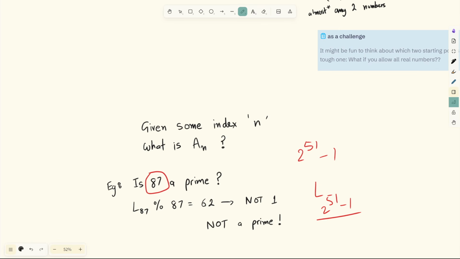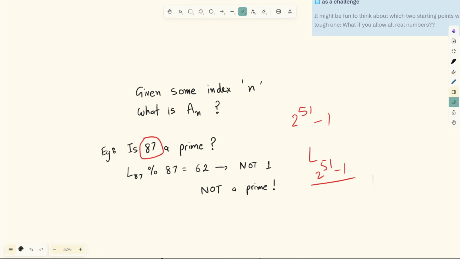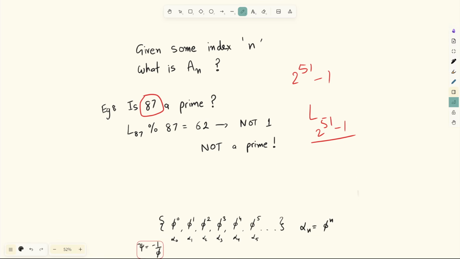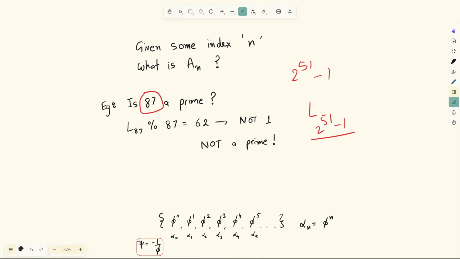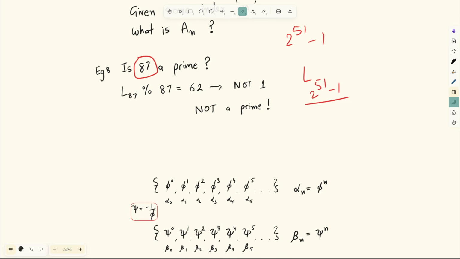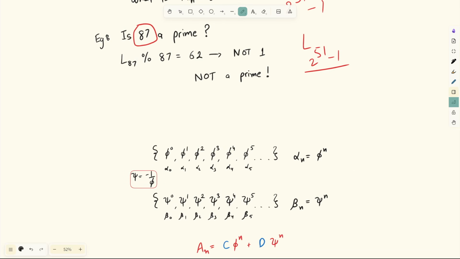And, well, this is not exactly the reason you would want to know the nth Lucas number. Even that is inefficient, but you might want to know it for whatever reason. And it turns out that there is a way to know the nth number for any of the sequences in our hand. Okay, so the way you do it is you realize that the two solutions that we had to the characteristic equation